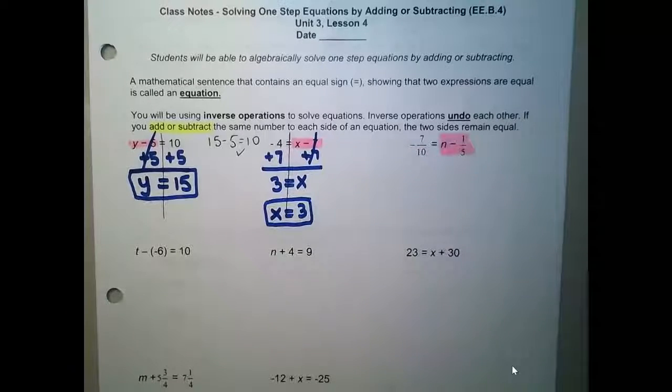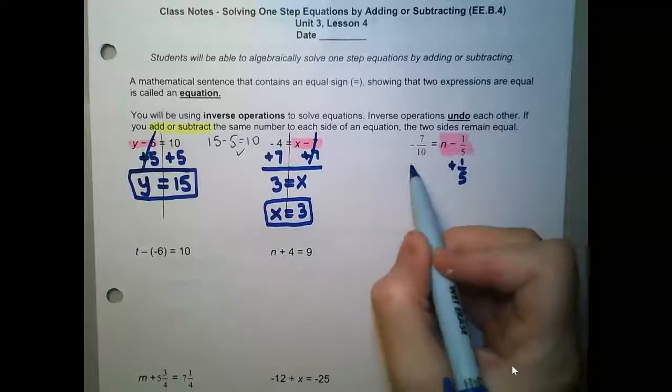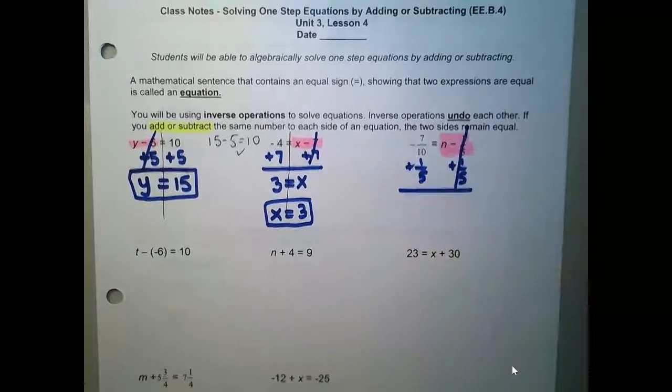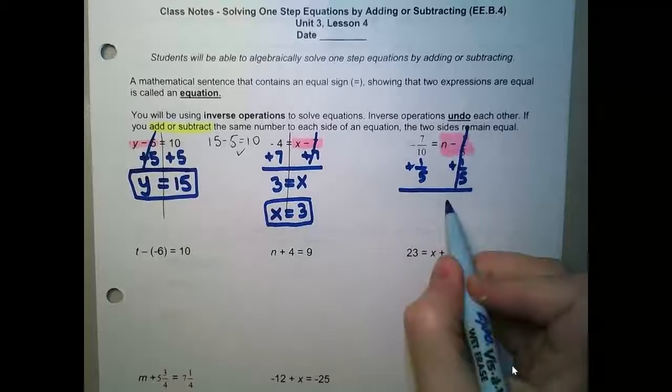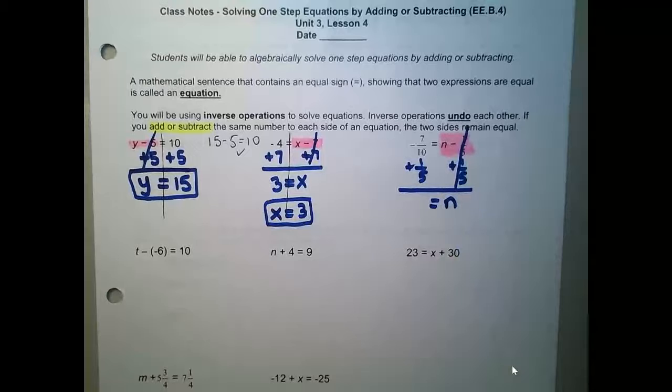The inverse of taking away 1/5 would be adding 1/5 on the right side of the equal sign, adding 1/5 on the left side of the equal sign. So the minus 1/5 and the plus 1/5 cancel each other out. They are worth 0. N, equal sign, but I've got to do negative 7/10 plus 1/5, and they're not a